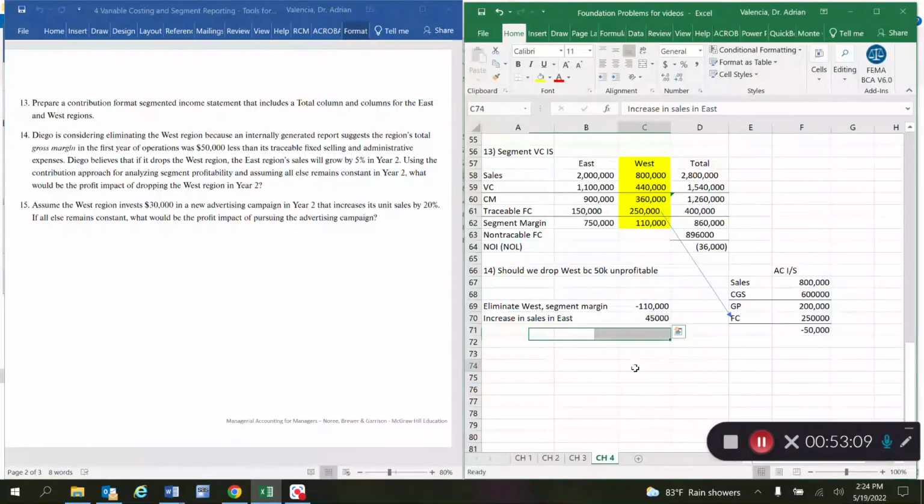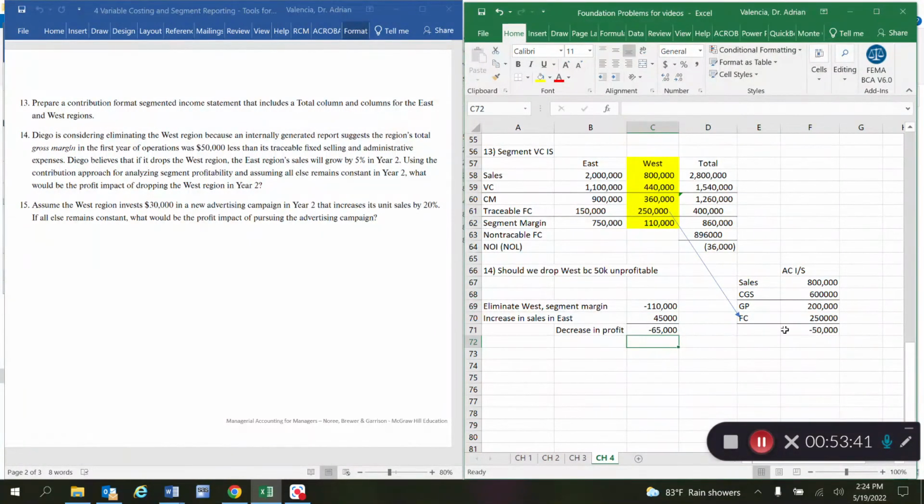So what does that mean? It means that getting rid of the West is a bad idea because this will create a decrease in profits for the whole company. Of that difference. So this, sorry, hold on. So we're going to do this plus this. If we get rid of the West, we are not going to increase profits by 50,000 as the